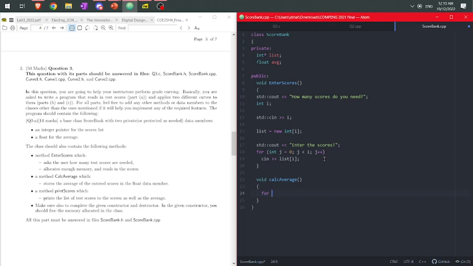And this is going to just be like going through the list pointer and giving me the values inside it. So this is going to be a for loop starting from I equal to 0 and I less than, oh actually